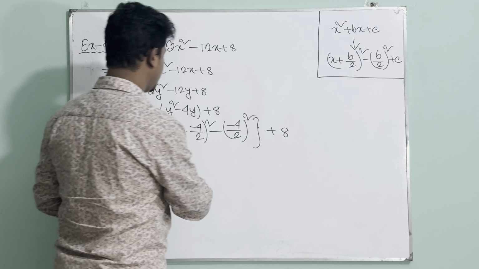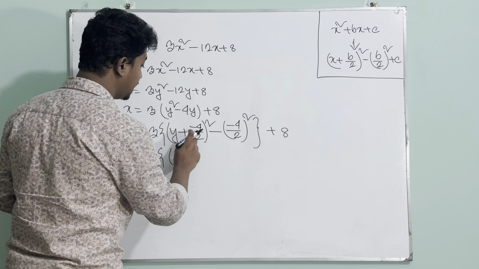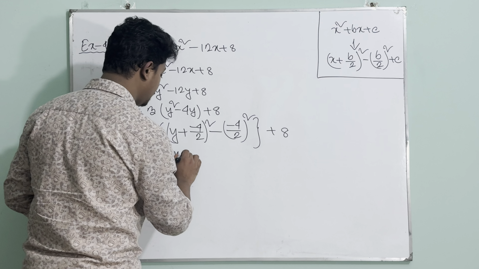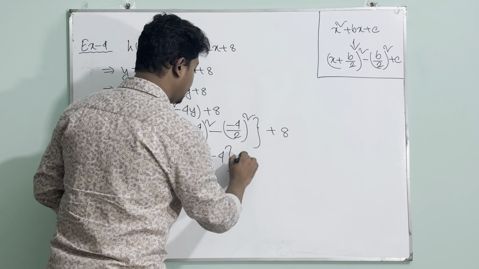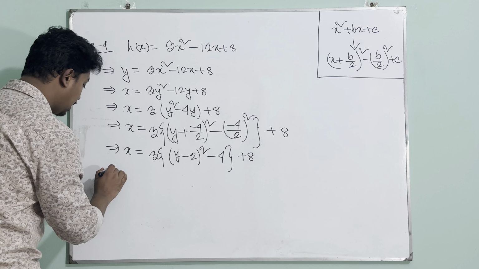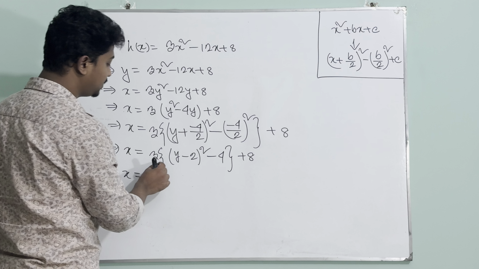Okay, next what we can do is we can simply calculate these things. We can write 3 y plus minus will become minus, and 4 divided by 2 is simply 2. So whole square minus, it's also going to be 4. Minus 2 square, which is 4. Okay, plus 8. Now what we want to do is to get this minus 4 out of the 3's boundary,